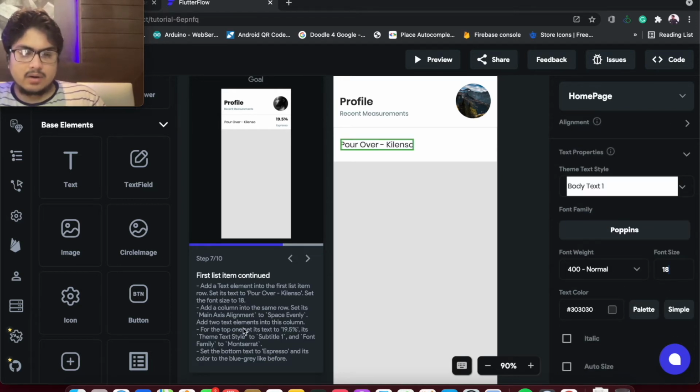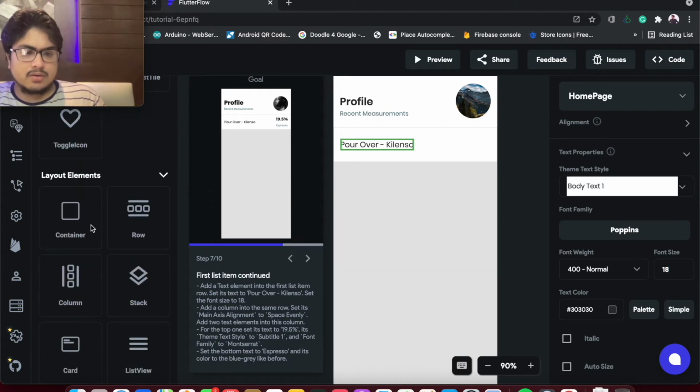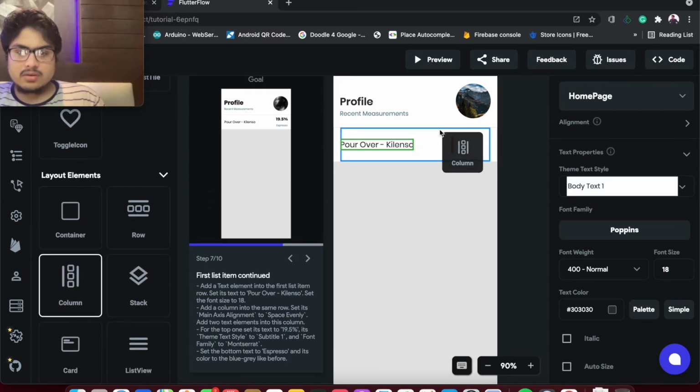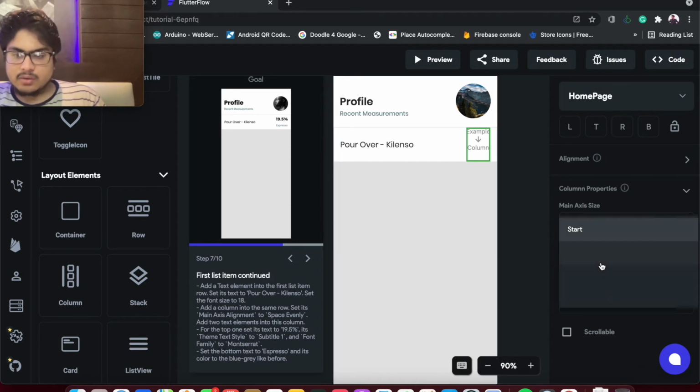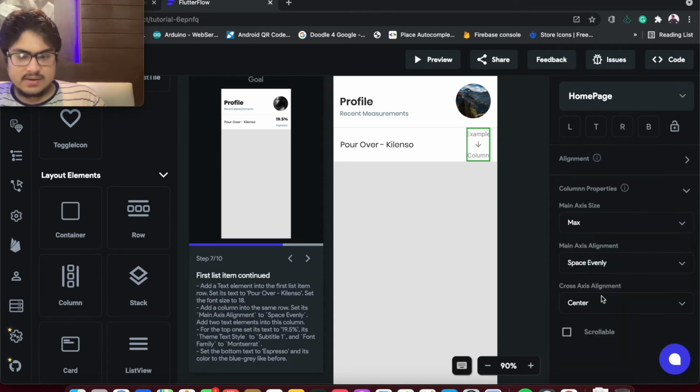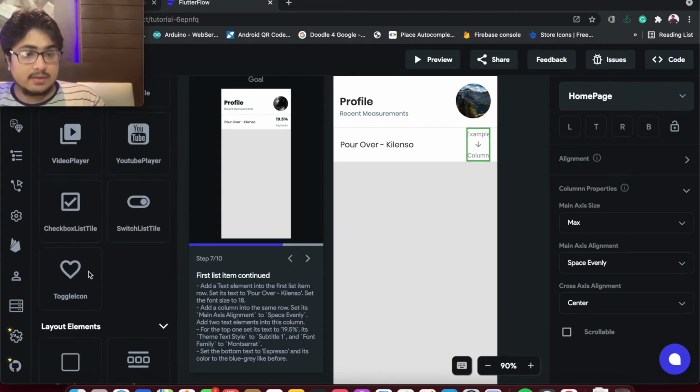And we'll add a column in the same row now. So let's add a column here. Column is added. Now we'll set its main axis alignment to space evenly. Okay, and we'll add two texts.